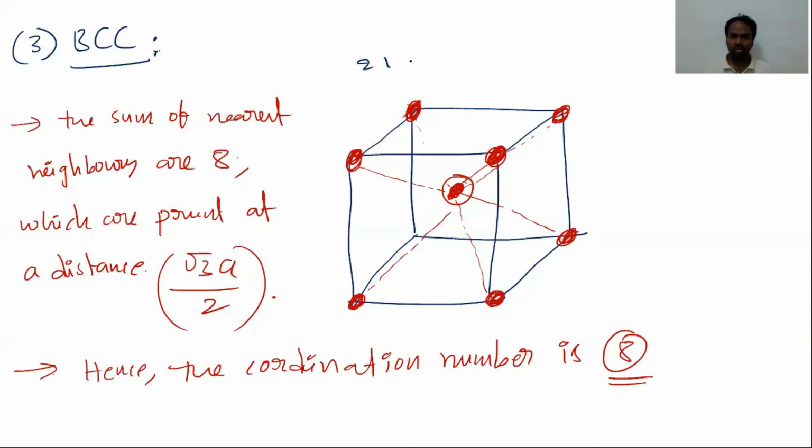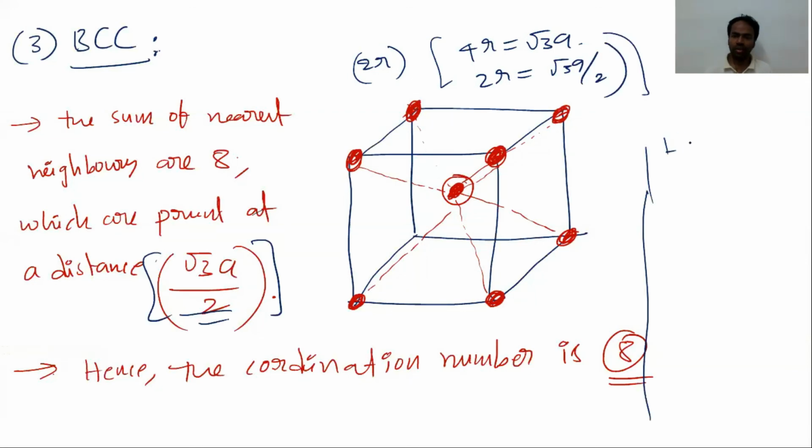In any unit cell, as I said in the previous slide, the closest distance or nearest distance is 2r. For BCC, the length of the body diagonal is 4r. 4r is equal to root 3a. I want 2r, 2r is equal to root 3a by 2. Hence, the coordination number for